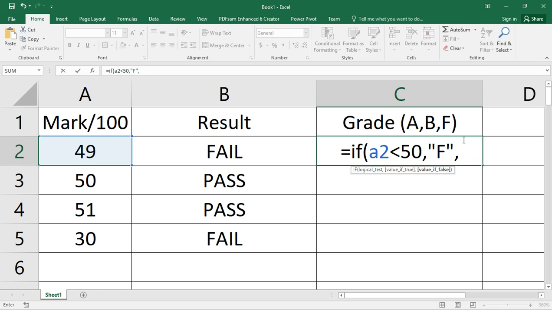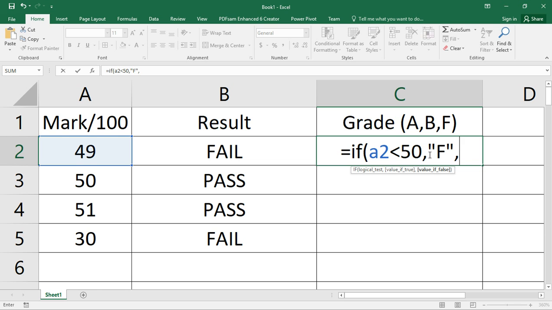So we still have a condition. If the value in A2 is 49, which is less than 50, then that's a fail. That's okay. But what if we have a 50, which is not less than 50? That's a pass, but this pass is graded as A or B. We need to know that, right?